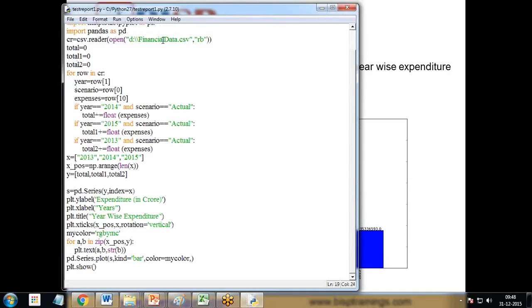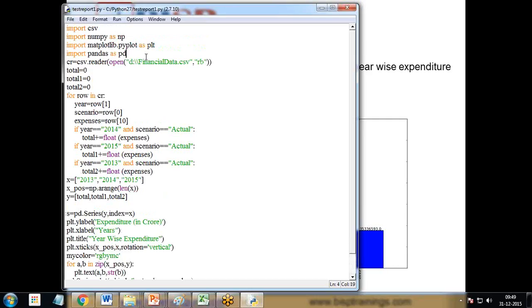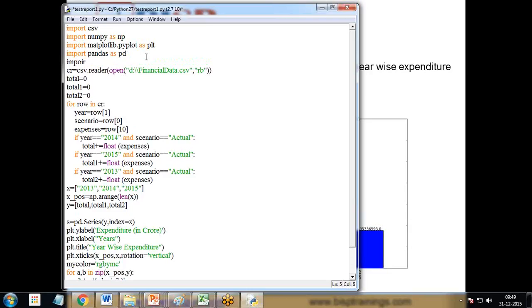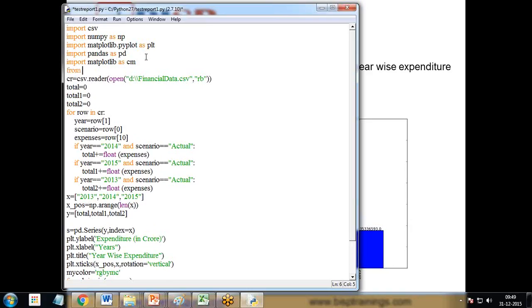Now my next requirement is, instead of displaying the bar graph here, I just want to save it in a PDF so that I can share it with my users, or publish it on my website as well. In order to do that, we need to do a little bit of customization and import a few more libraries. So first of all, I write import matplotlib as CM, and from